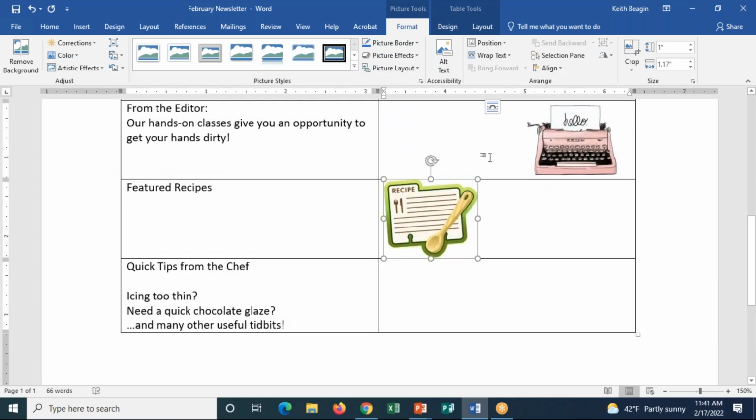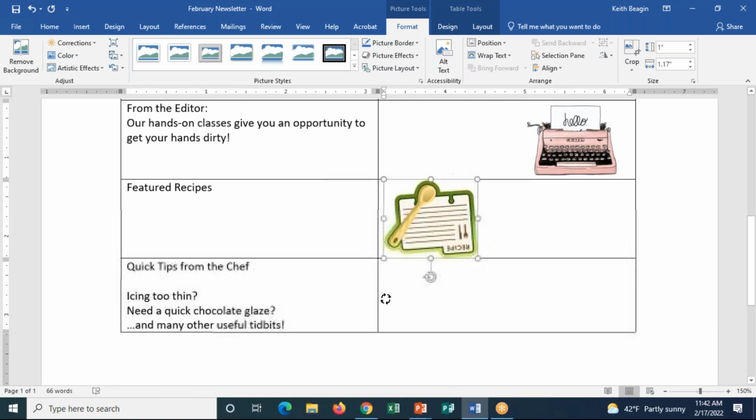One thing I forgot to mention, sometimes this happens especially if we're clicking and dragging to resize, we inadvertently actually rotate it, okay, which can happen. So if that happens, you'll see the rotation tool right above it, okay? It looks like a circular arrow. If you click, hold, and drag and move your mouse in a circular motion, you can rotate it,